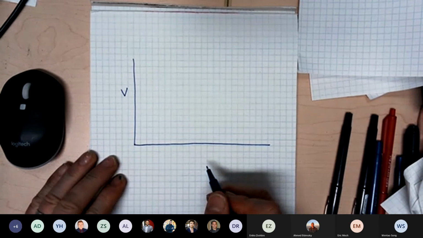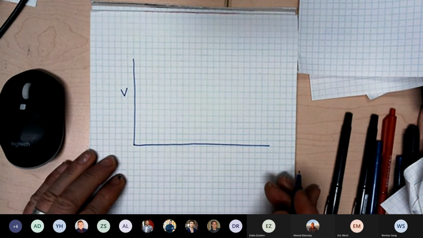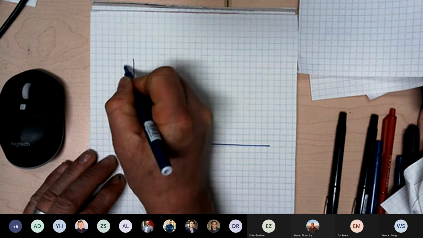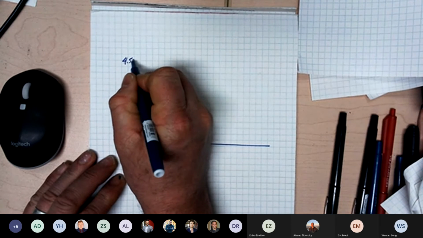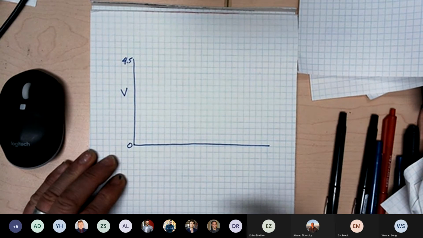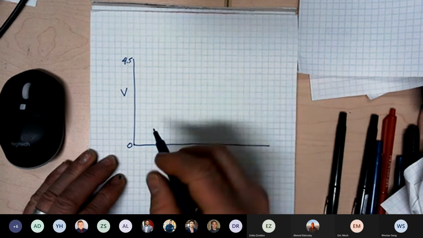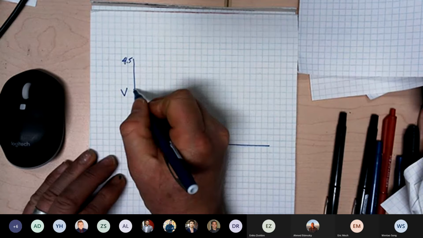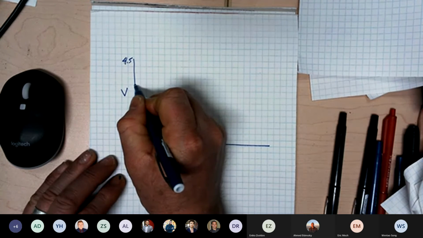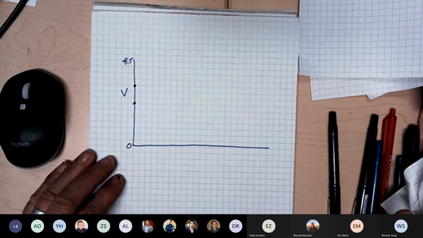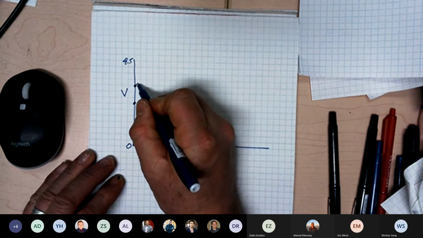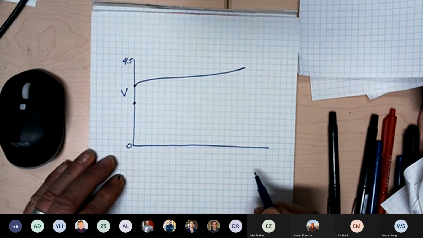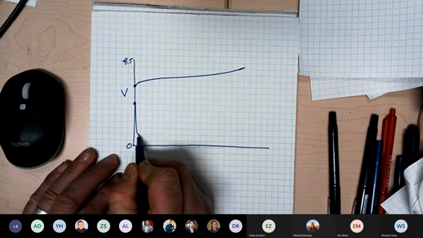So we're going to plot the voltage of the positive electrode and the negative electrode versus lithium metal. So that's 0 down here. And we'll go up to 4.5 volts at the top. So what happens is you start with a graphite electrode, it's up around 2.5 volts. And you start with a positive electrode, it's around 3 volts or so. And then you charge the cell. So the positive electrode goes up in voltage, and it reaches the upper cutoff that you want to go to. And the negative electrode goes down in voltage,